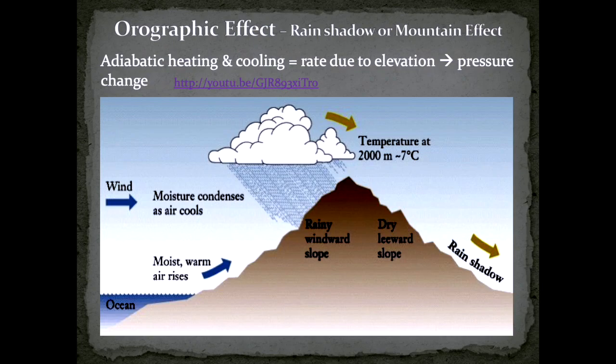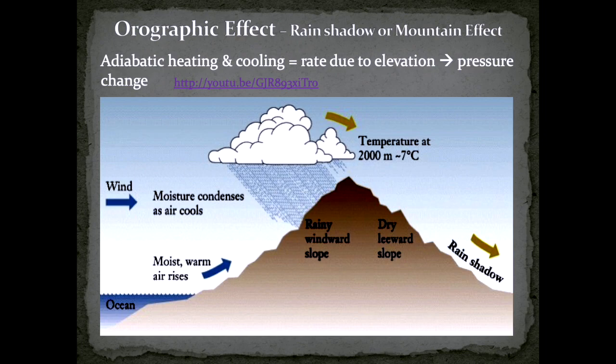And as these air masses move across the landscape, they will run into landscape features such as mountains. And this is another method in which precipitation is delivered, one here in the valley which we are very familiar with, the orographic effect or the rain shadow. What happens is you have heating that causes the warm air to rise, taking moisture with it. That air mass wants to continue its path. However, the mountain is in the way. So the air mass has to rise above the mountain, and the only way it can rise is if it